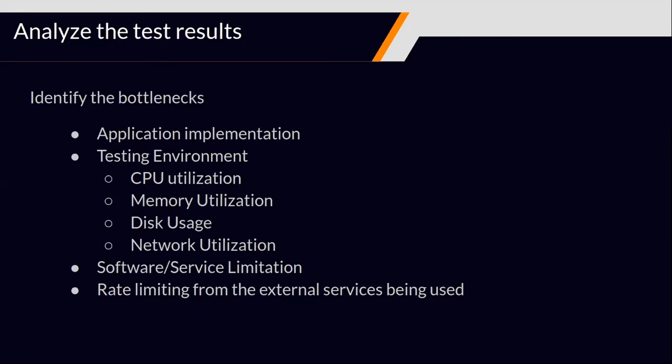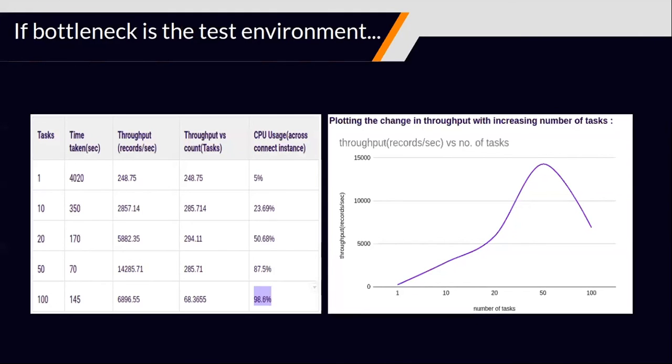Yeah, thank you, Fahd. So we can see here that this is one of the examples where the bottleneck is due to our test environment. As we can see, as the number of tasks increases, our CPU utilization increases too, along with the throughput, because the more tasks, the faster our application would be. But I'd like you to focus on the throughput at 50 tasks and 100 tasks. We can see that the application is faster at 50 tasks, but it becomes drastically slower at 100 tasks, which is not the expected behavior.